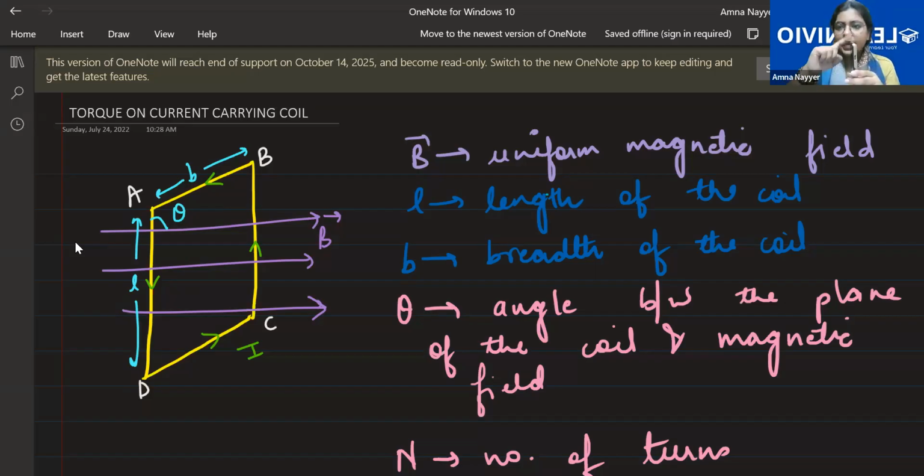So see, this is A point, this is B point. So current is moving from B to A. Now you also put your hand like this, the way the current is coming from B to A. Now where is the magnetic field? Magnetic field is towards the right. So I'll curl my fingers towards the right, hand along the direction of the current. Current was flowing from B to A, so hand along the direction of current, curling the fingers around magnetic field. Where is the thumb pointing? Upwards. So force here will be upwards.